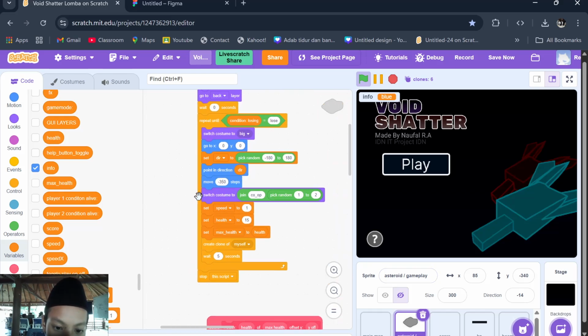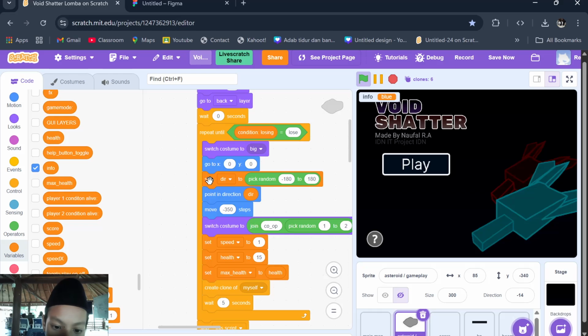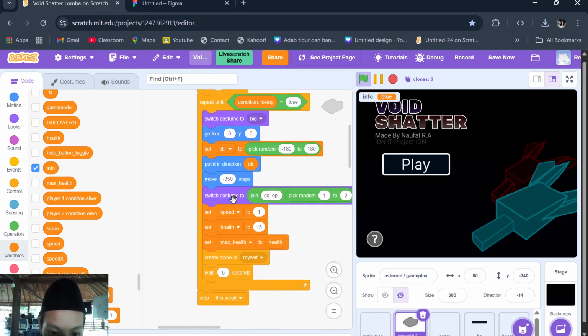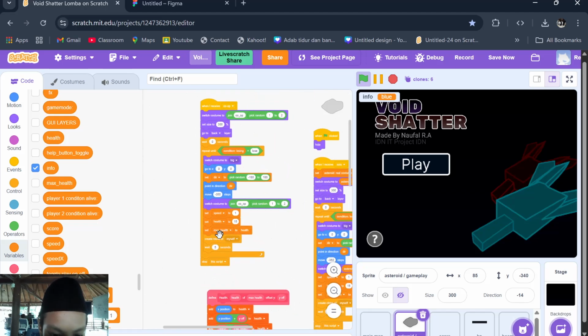So how it works, it will set the direction to pick random minus 180 to 180, so it's 360, and it will point in direction dir. This variable will set the pick random, and point in direction to the variable dir and move minus 350 steps.